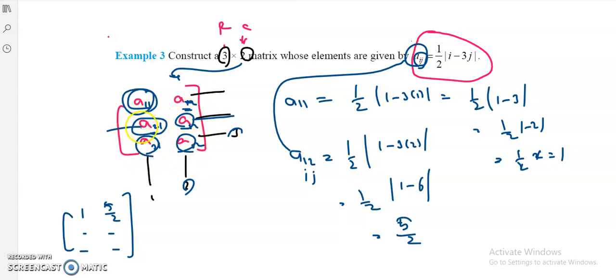If you observe here, in this element i is equal to 2 and j is equal to 1, and here i is equal to 2 and j is equal to 2, and in this case i is equal to 3 and j is equal to 1, and in this case i is equal to 3 and j is equal to